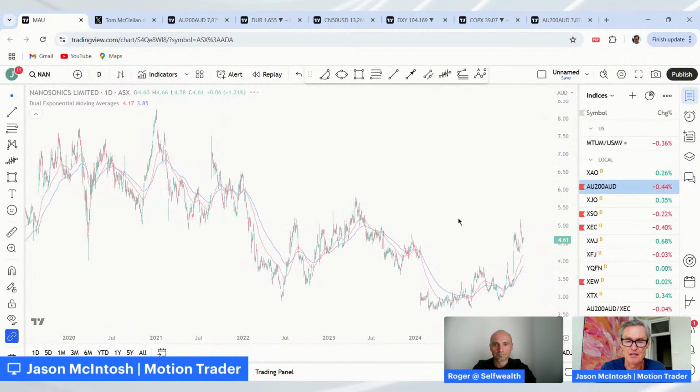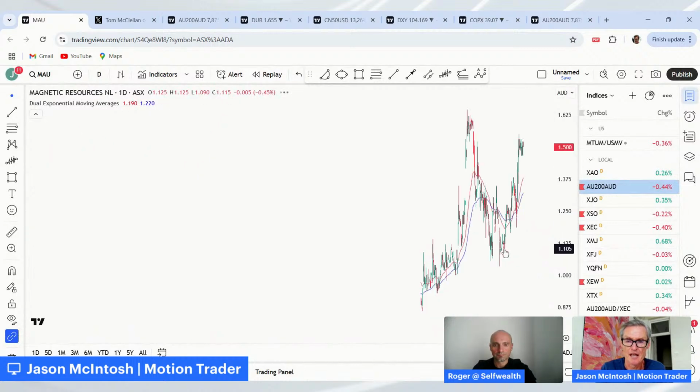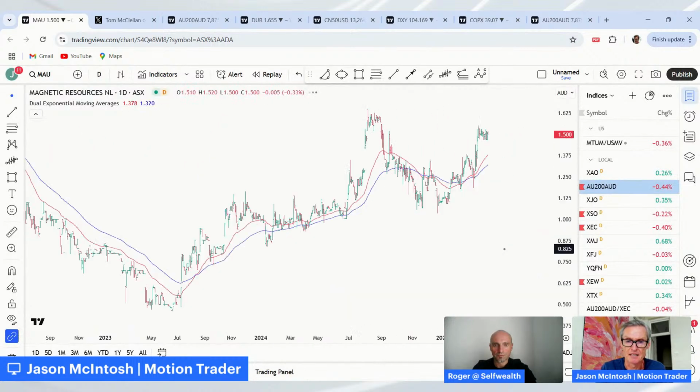Yeah, so this has been an interesting stock. It's a gold stock, and I like this little tight consolidation that it's doing. We've had this strong rally off the moving averages, and throughout this volatility in the market, we're seeing it just track sideways within this tight range. So firstly, I like that it's holding on to these gains so well, which suggests there's interest in buying it.